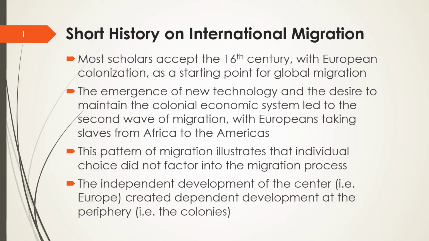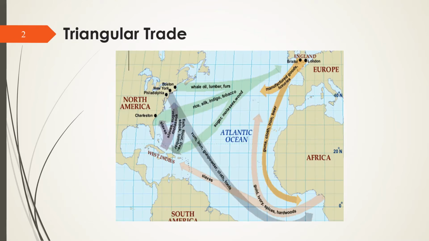The search for trade along coastal regions of the colonies generated global and more systemic patterns of migration. When we look at the triangular trade that developed, we see that the main trading routes in colonization occurred between Western Europe, the west coast of Africa, and the Americas. The trading route involved the transportation of European goods to Africa, African slaves to the Americas, and produce from the